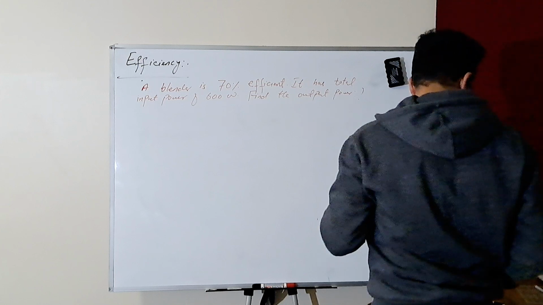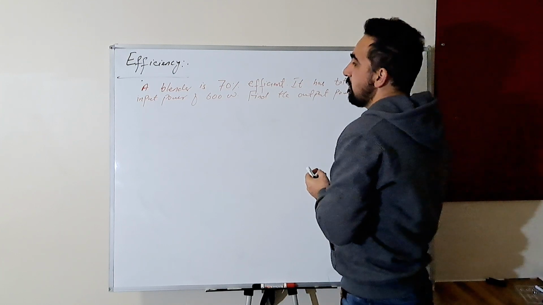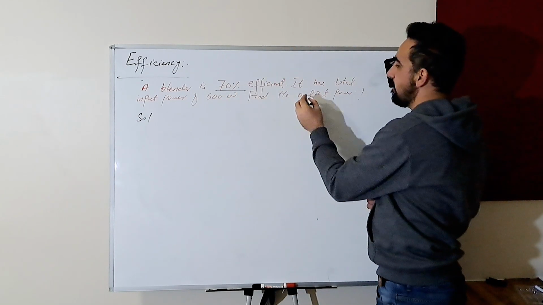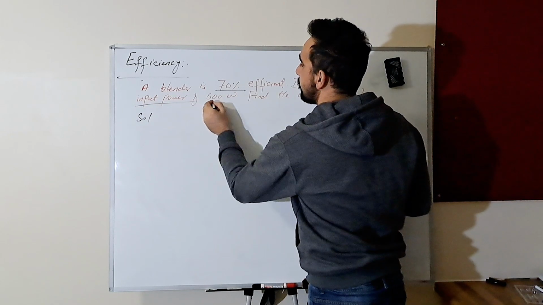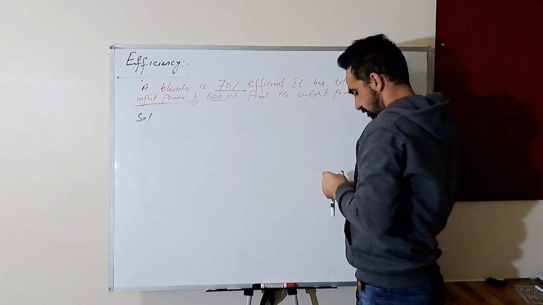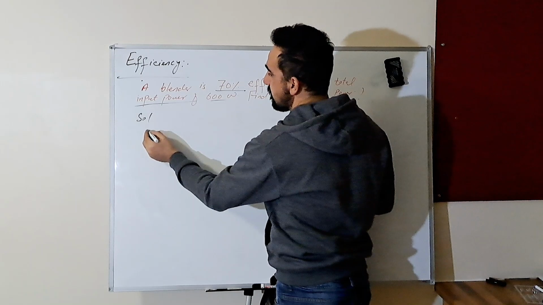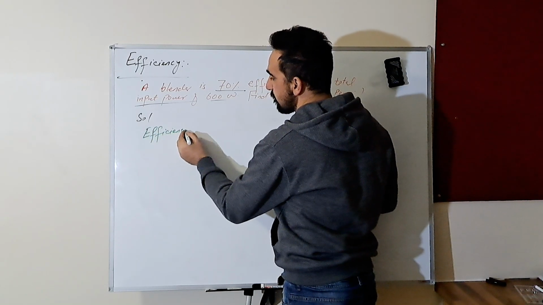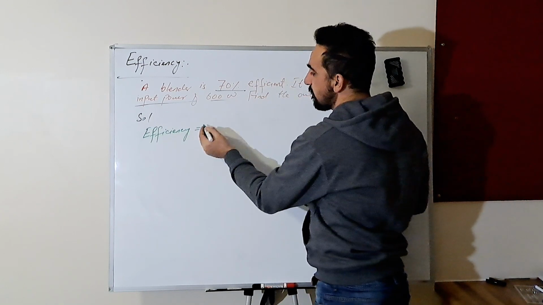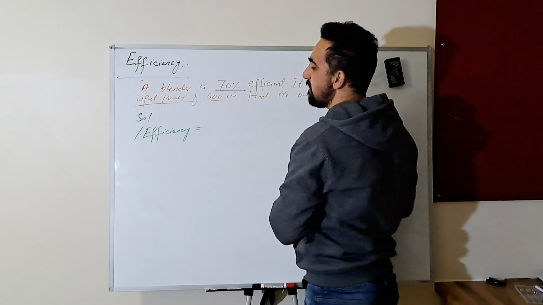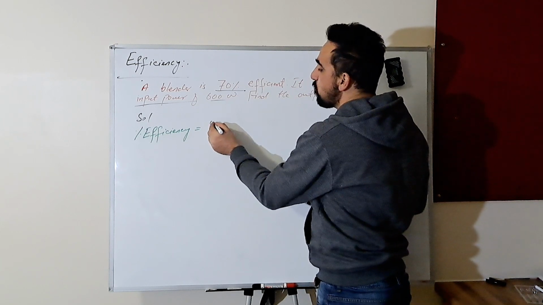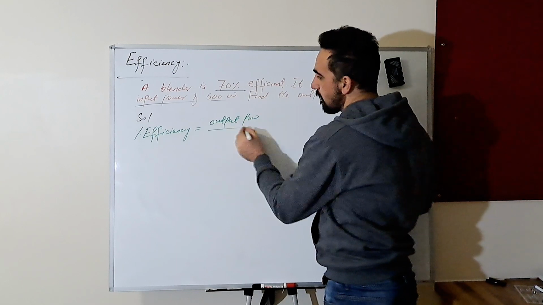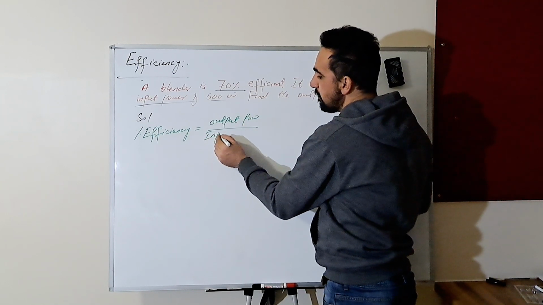We can solve this example. What do we got? Efficiency and we got input. Okay, so we have our formula. Efficiency, and it's a percentage, so let's say percentage efficiency is equal to output power divided by input power